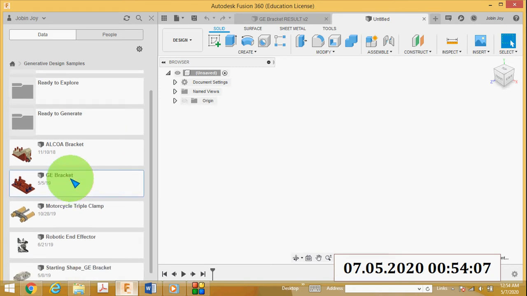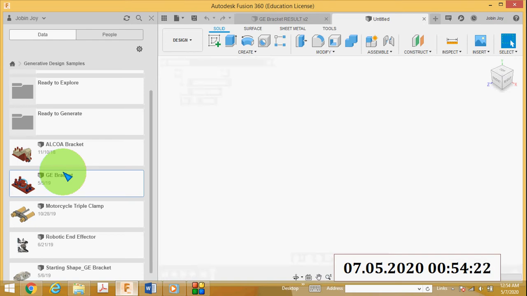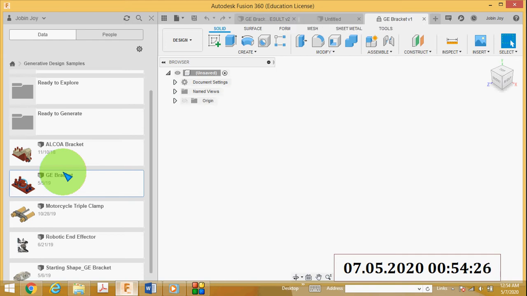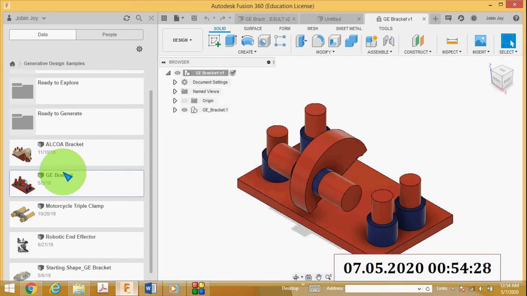Double click this GE bracket, and you can see this is the GE bracket.